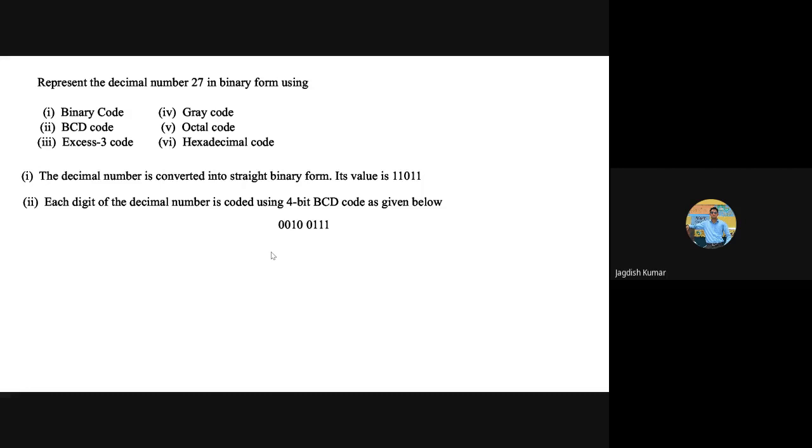Very good. Now you write it down in XS3 code.